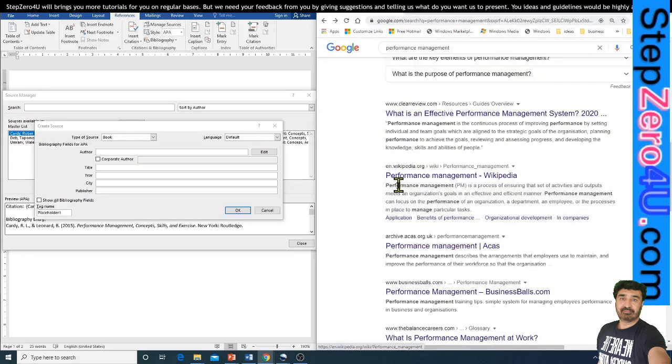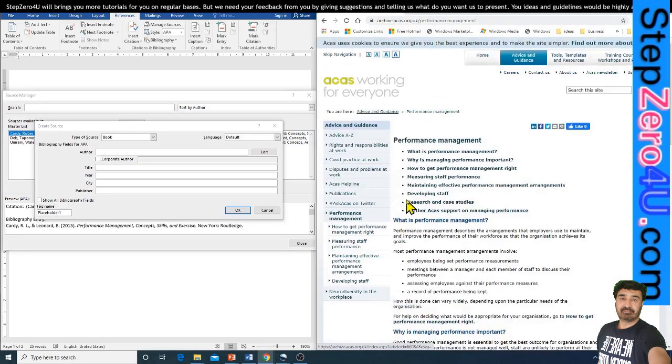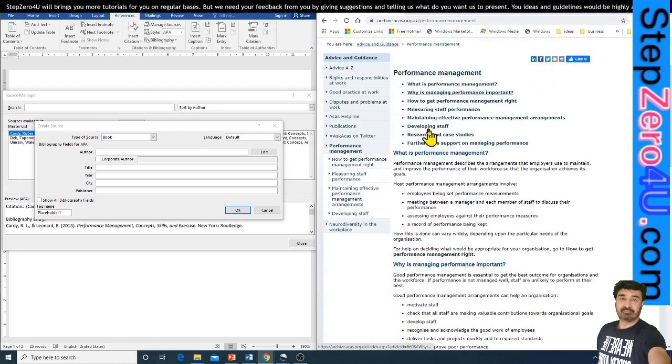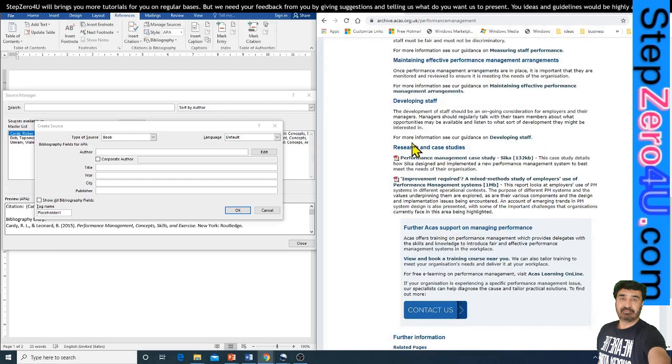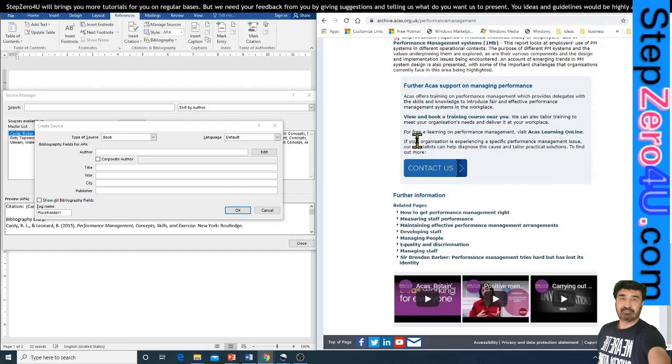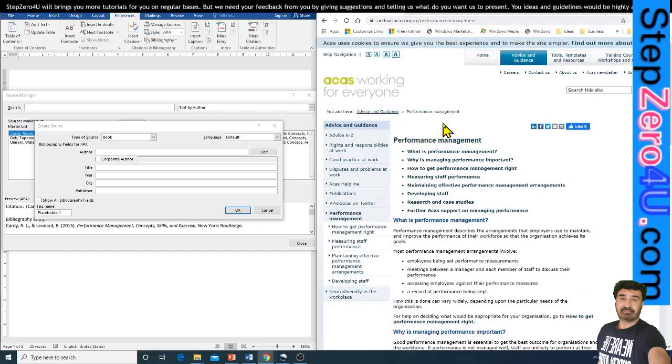Then we want to use a web page. After searching on the browser, we found this web page helpful for our research paper, and we can see it is relevant to performance management.